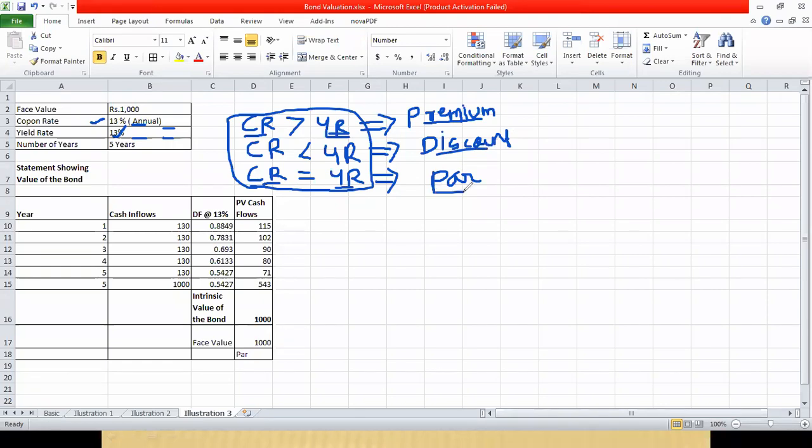So these three important relationships can be established based on the coupon rate and yield rate. If yield rate is less than the coupon rate, your bond will be at premium. A company can issue a bond at premium. If market expectation is